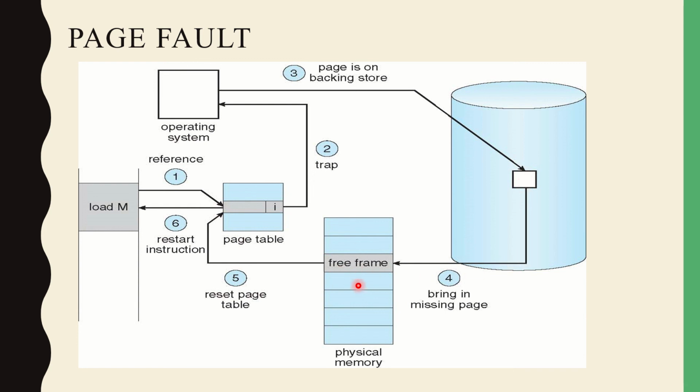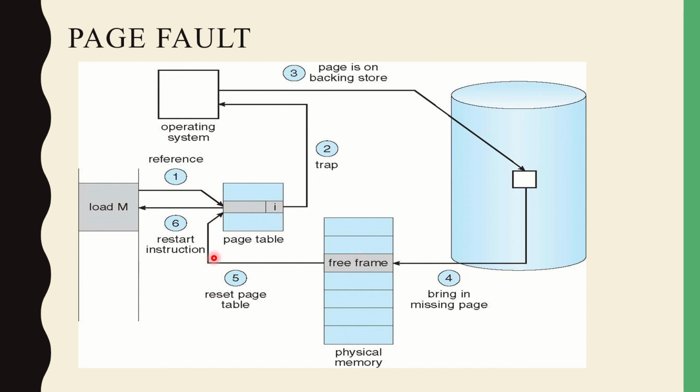Once it is loaded to the main memory, the operating system resets the page table residing inside the physical memory. The page table entry will then have the frame number where this page belongs. Suppose it copied that page into the fifth frame, then the page number will be loaded with the page frame value 5, and the invalid bit is rewritten to the valid bit V, because the page is now in the main memory.